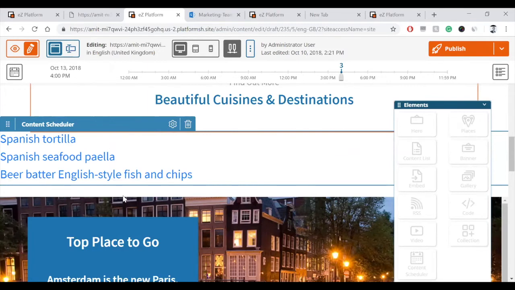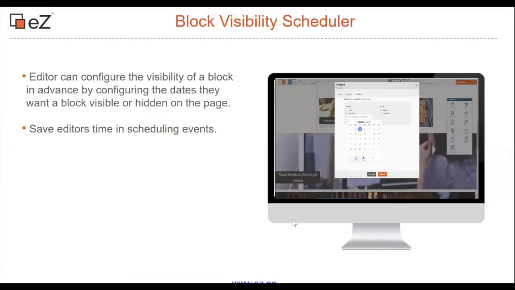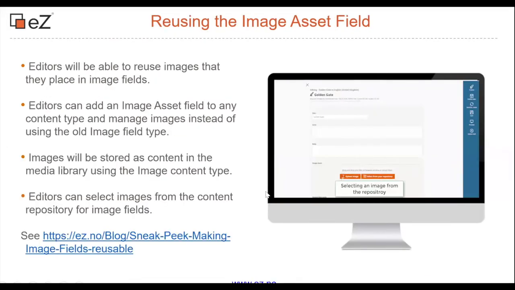So that really covers everything that has to do with the content scheduling capabilities that will be coming out in version 2.3. The next feature that I want to cover is, let me go back to my slides. One sec. Is reusing